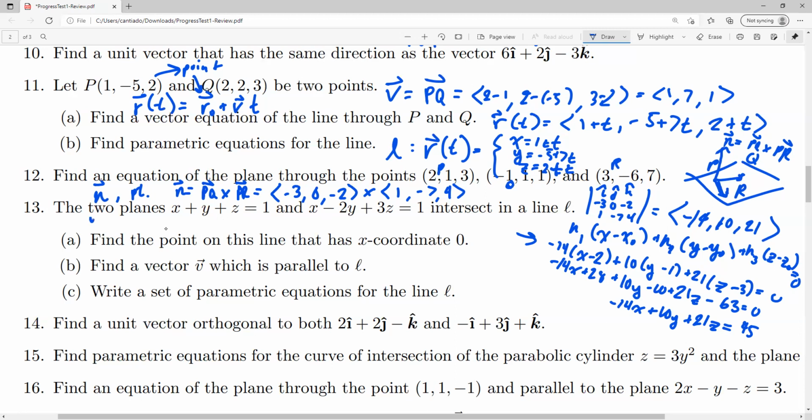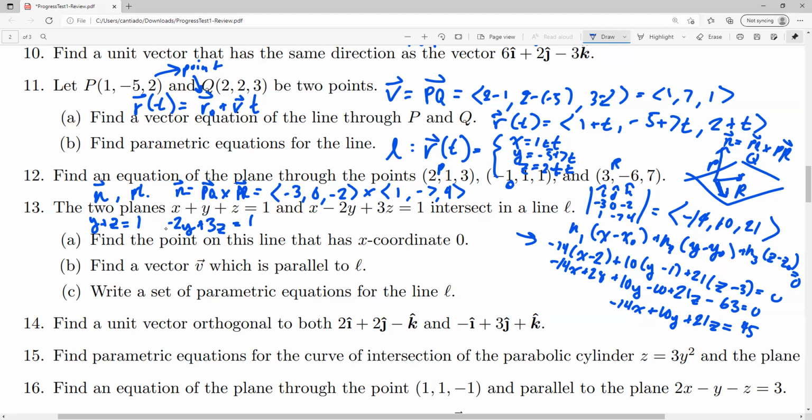The first equation gives you y plus z is equal to 1. And the second equation will give you -2y plus 3z is equal to 1. And now you have a system of linear equations with two variables. You can pick your method to solve it. For example, you could solve for one variable and plug it into the other. You could do elimination, substitution, however you want. Coincidentally, because these are both equal to 1, you could just set them equal to each other. But when you do the math,